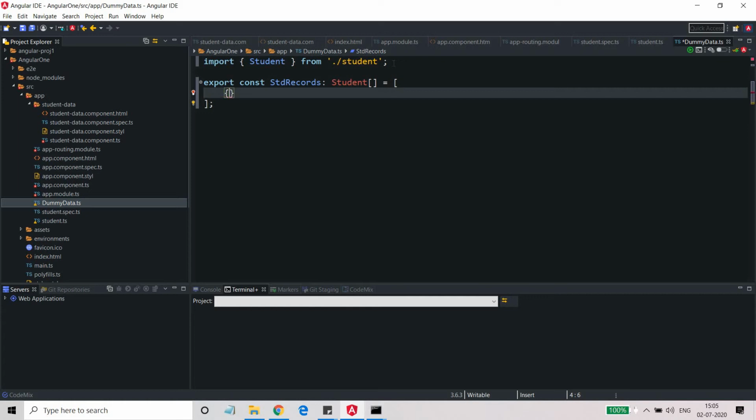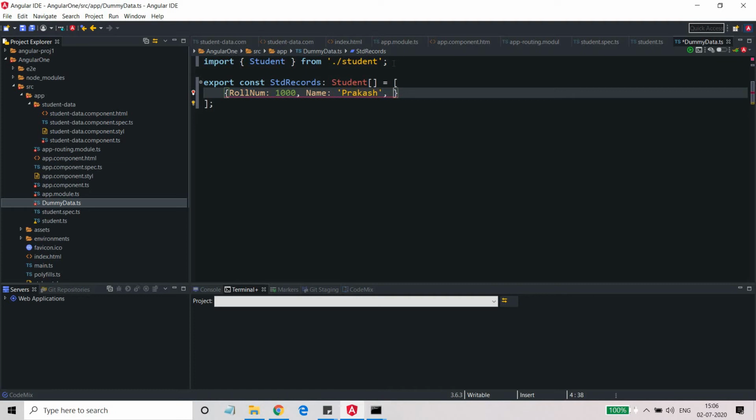The records will be created inside these curly braces. I'm going to provide the various values for the various attributes. The first one is roll number, and for this I'm going to provide the value 1000, which is a number. The next attribute is name, and here I provide the name as Prakash.